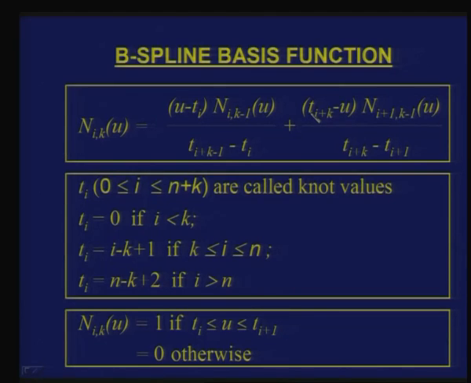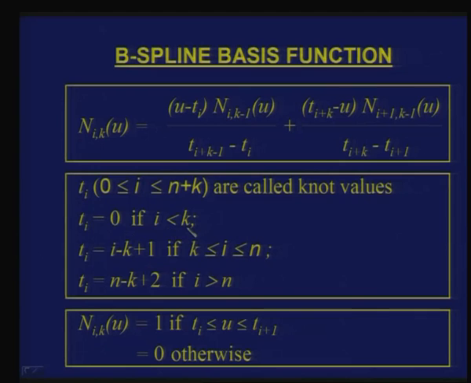These t's are basically the knot vectors which are shown here, and the number of t's one has to evaluate is 0 to n plus k. Like if I take an example of n equal to 5 and k equal to 3, which we have been using, I have to evaluate all the t values first, which go from 0 to 8. That means I have t0, t1, t2, t3 all the way up to t8, and in order to define the t's, I have 3 expressions.